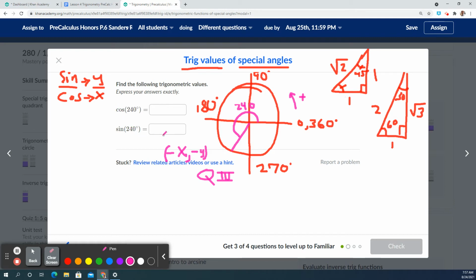All right, so I'll just put x right here to remind myself, and I'll just put y right here to remind myself, and then might as well put the negative. Okay, so this one's going to be a negative, this one's going to be a negative. All right, and then we'll just apply the triangle to it. Now, the technique for these special right triangles is we always link it to the x-axis. We link it to this x-axis. So we're basically drawing a triangle touching the x-axis when we do these. So that means it would be this